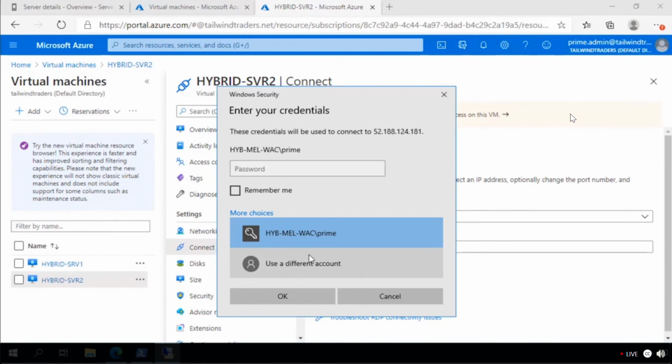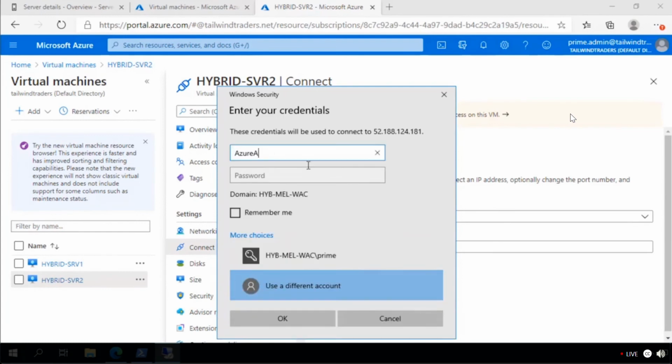So we'll choose use a different account. And you just have to be very careful how you format these login details. What you need is Azure AD / as the domain name, and then the full UPN, this unique name of the user's account. In this case, it's jupiter@tailwindtraders.net. And if we put in there Azure AD password and go and log in,